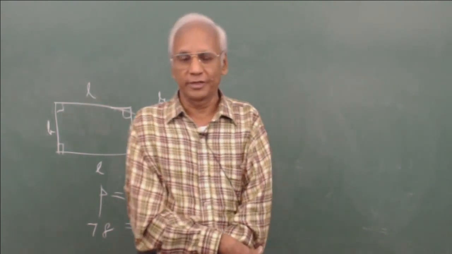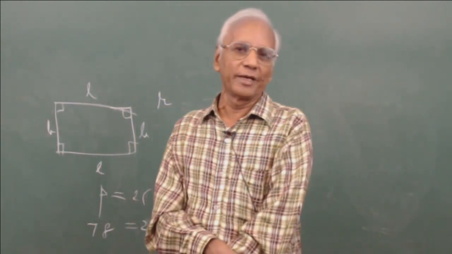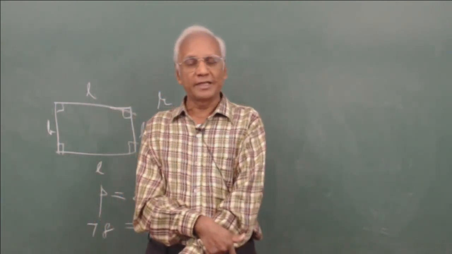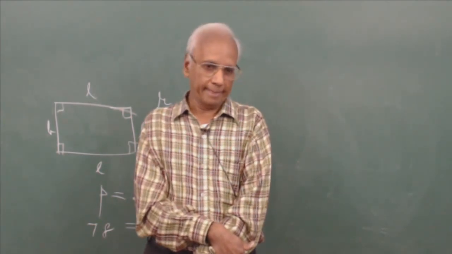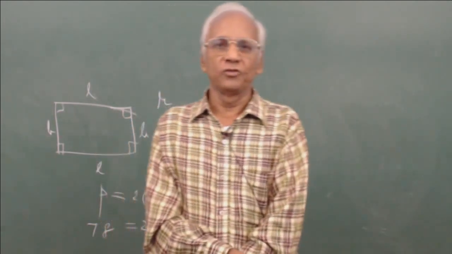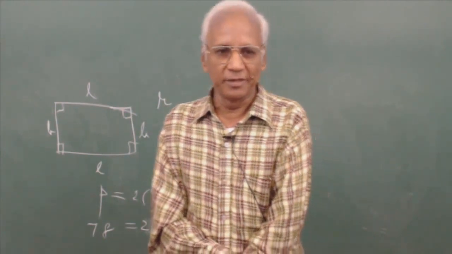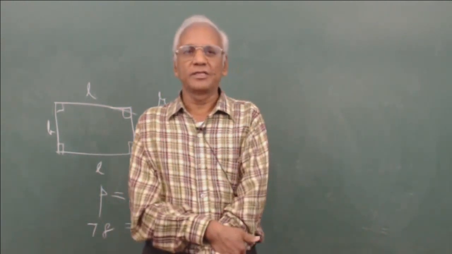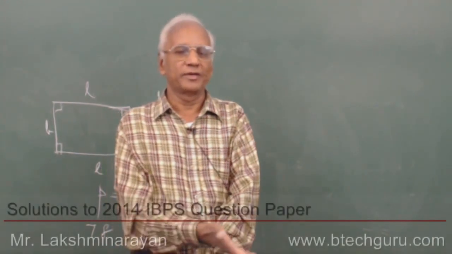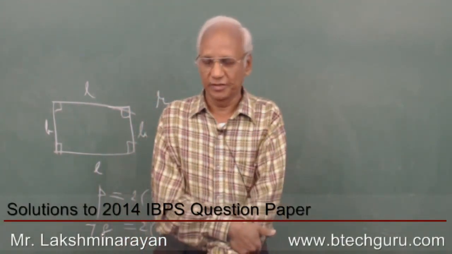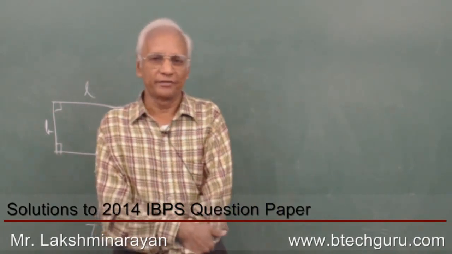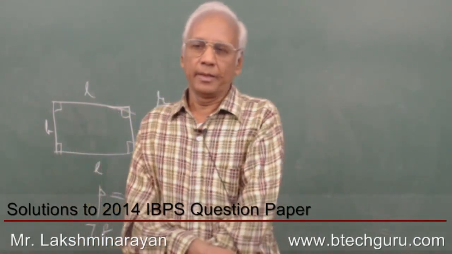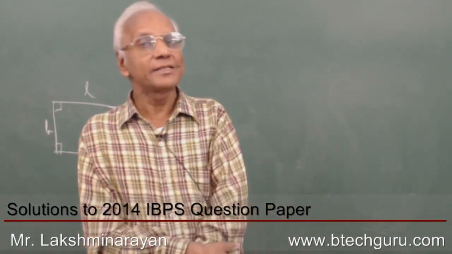Possible and probable are two different things. All that is possible is put in the denominator. We don't put in the numerator all that is possible. We put in the numerator only what is favorable to what we want to happen. So, for example, if you toss a coin, a very common example, a coin has got a head as well as a tail. If you toss a coin, is it going to be head or tail? This is the famous way we decide several things, even in cricket, who is to bat first, who is to bowl first. Many things are decided on this type of tossing. So, why is it decided like this?